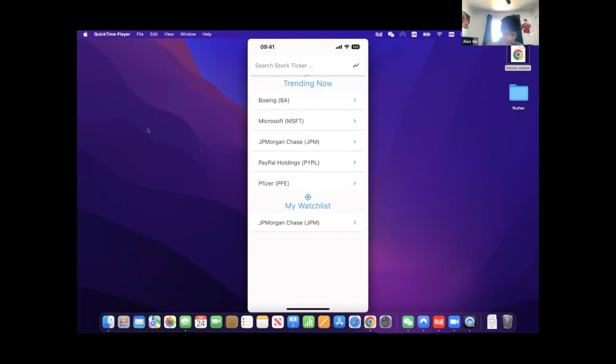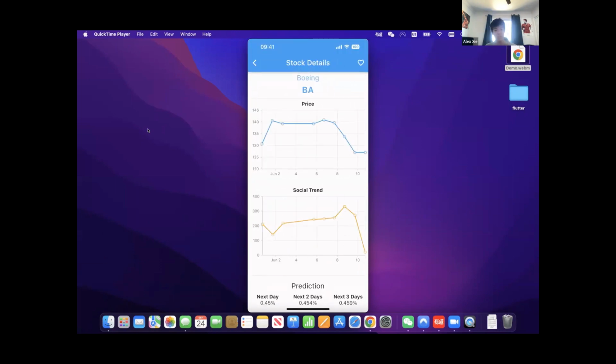We got a trending now section, with hot stocks that are debated a lot today. And if you click into a stock, if I just wanted to click into Boeing, for example, you can see that those graphs are kind of irrelevant to the users. They probably don't care about these, but we use the data from June and July to output the prediction. And the most important part is the bottom, which has the prediction of the stock in the next 3 days. As you can see, Boeing is likely going to increase in the next 3 days.